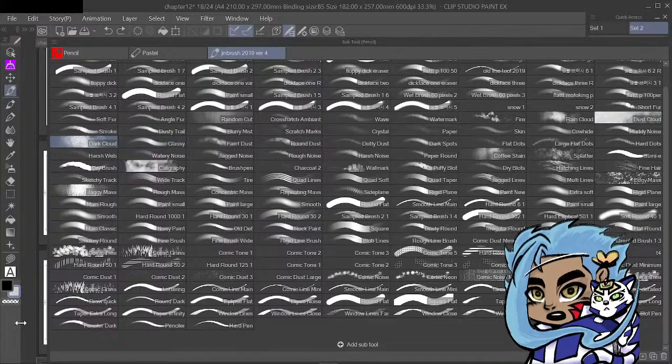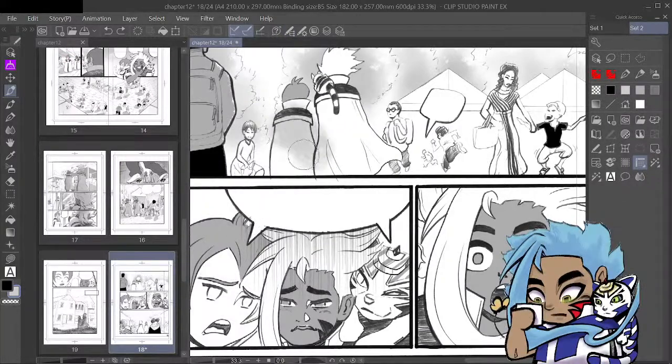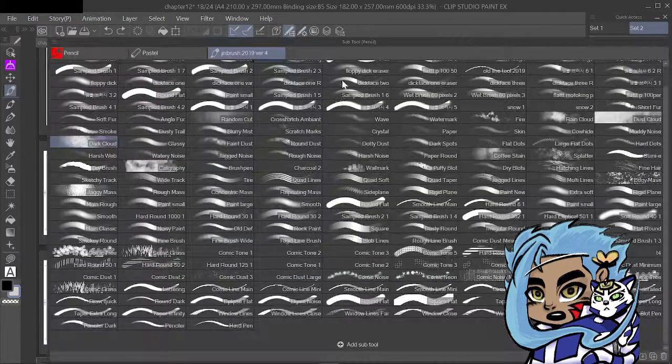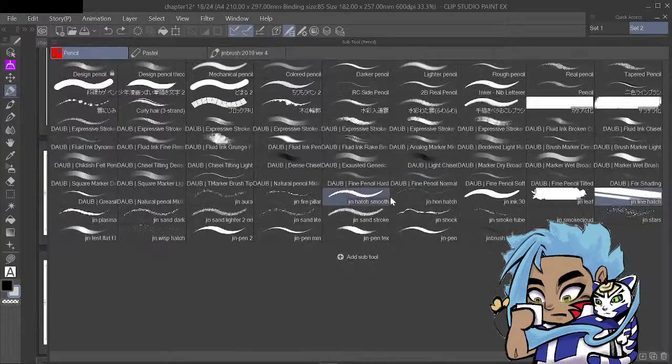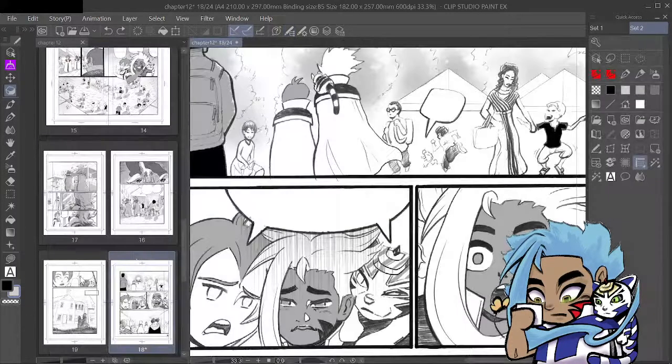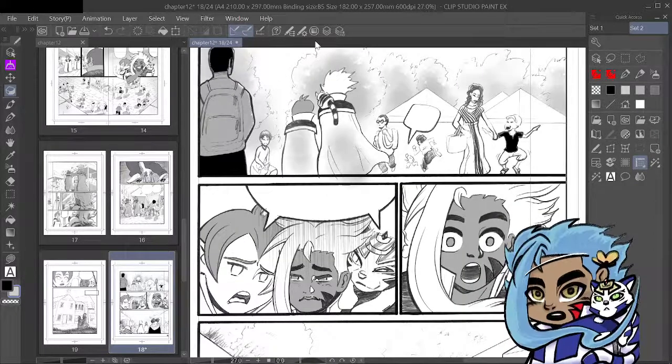I wonder what this looks like. Not looking for that. Be on the right layer.